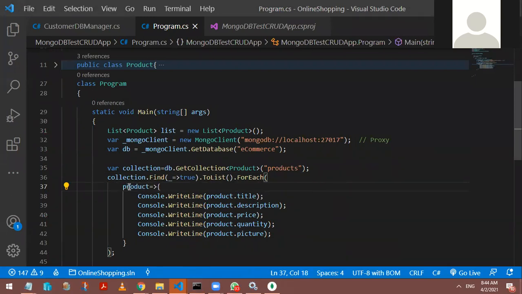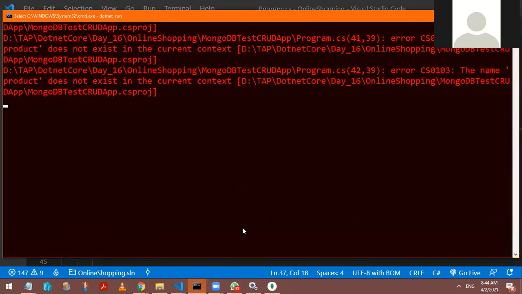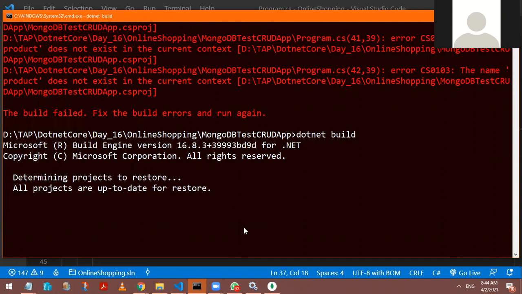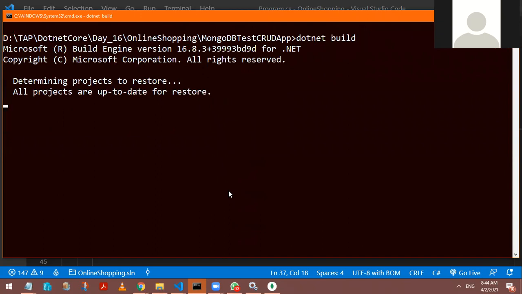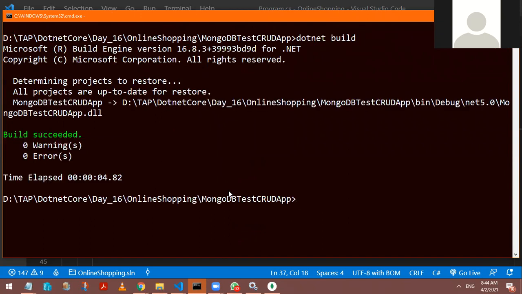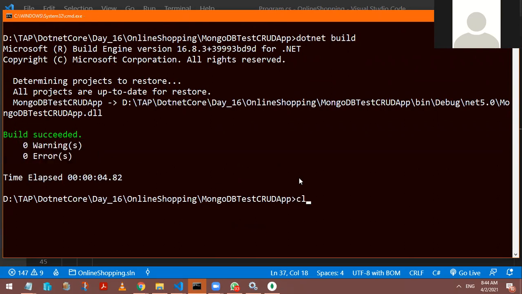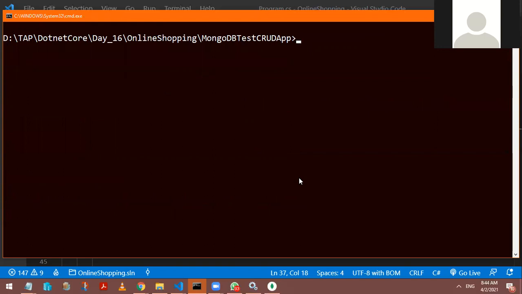And the same product I'm using here to display. So here the P is a lowercase letter, not uppercase. Here actually I made it as Product. It is not a class, it is a variable object. Let me just try again. Control C, dotnet build. That's why I always use the build command first, which gives me comfort that things are working perfectly as per expectations. Very good, fantastic. Zero warnings and zero errors. So let me see the output of it. Dotnet run.